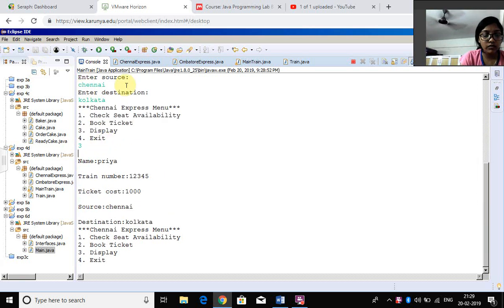You can see we've given all the values, and finally we're displaying the items: name, train number, cost, source, destination. Now we have the train ticket assigned for 5. Now if we ask for the book ticket,